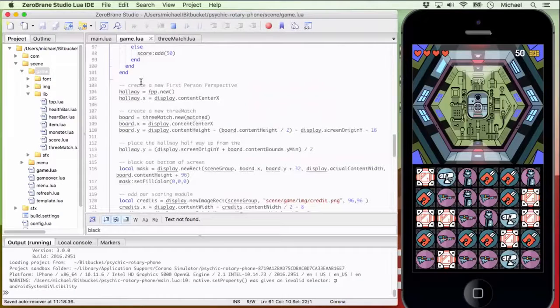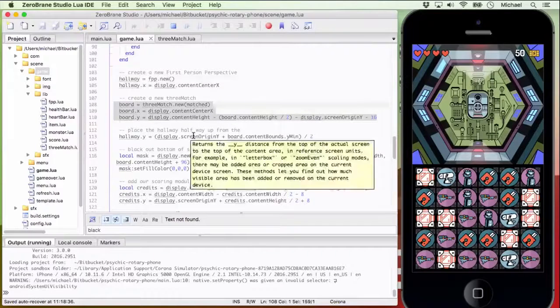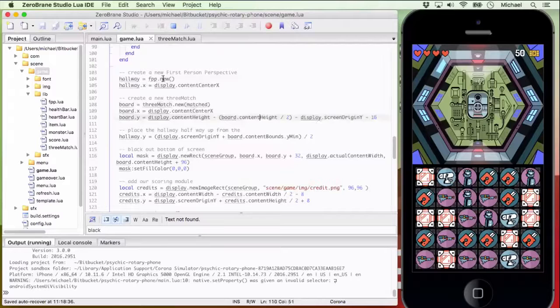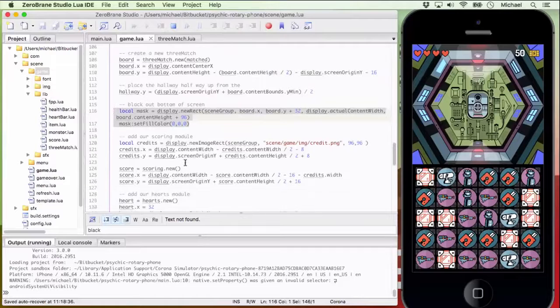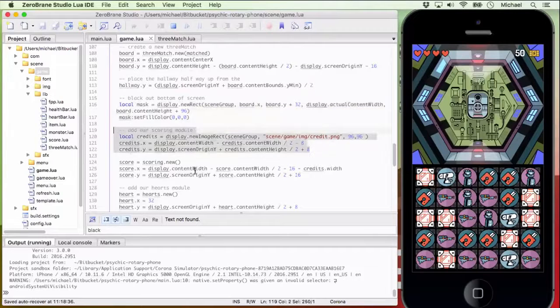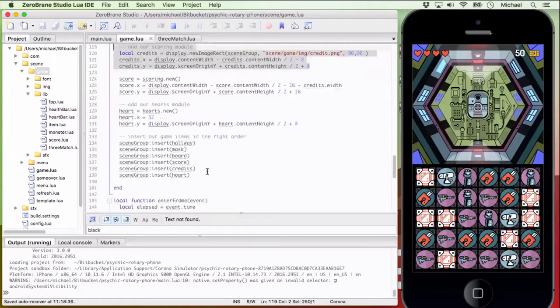And then we have the majority of building the scene, creating that first new hallway, building the 3-match game, and placing the hallway on top and the 3-match game on bottom, masking out the bottom side of the screen so it's black in case we had a little spillover from the edges from different devices, adding the scoring module in here, adding the hearts module in, and then finally at the end of the scene, just inserting them all in